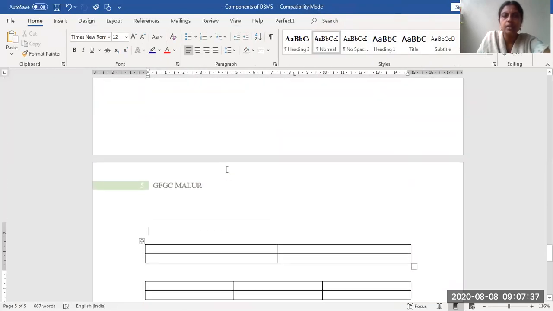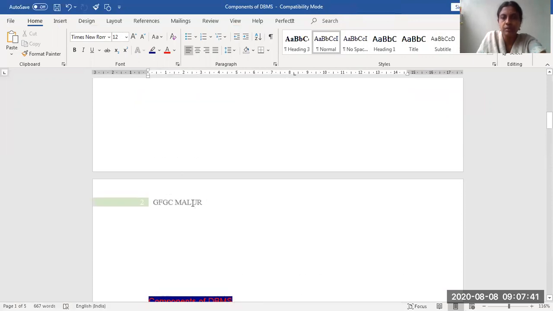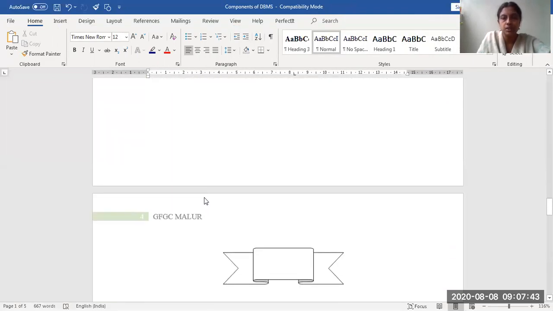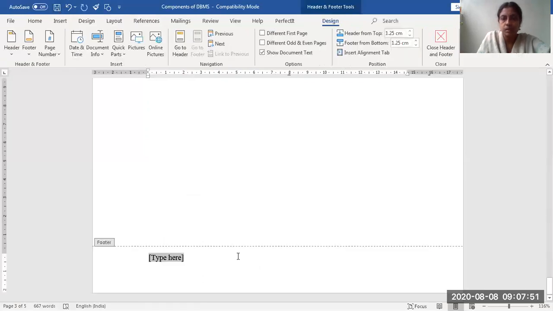That's all. If you observe, for any number of pages we have, every page will have GFGC Malur. In the same way, if you want to set a footer, go to Insert, Footer, and come down to the beginning below the page.